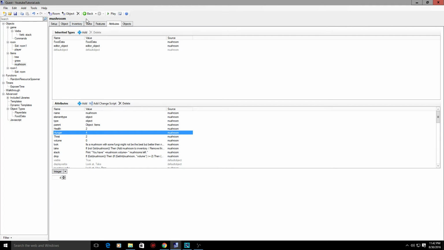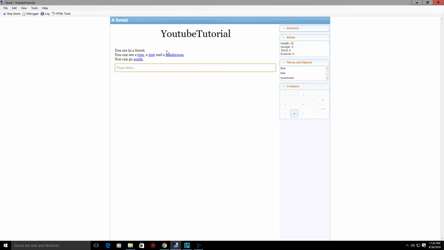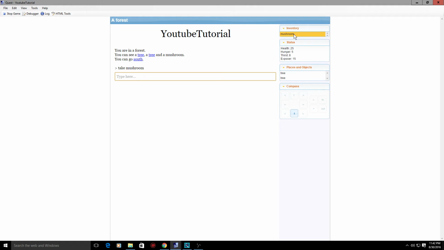So if we were to play the game right now and if we get lucky and get a mushroom, let's see, do we get lucky? Oh, we got lucky! But we can't exactly do it yet because we're not actually holding the item, so we have to take it first. Now that we have the mushroom in our inventory, we can eat it. So with the mushroom in our inventory, we click eat,